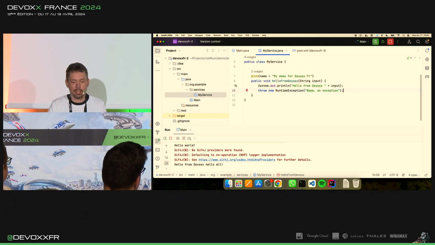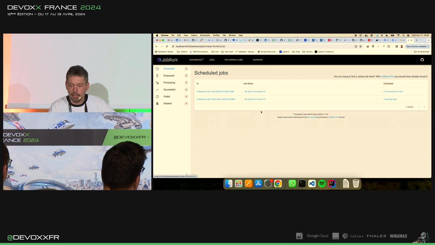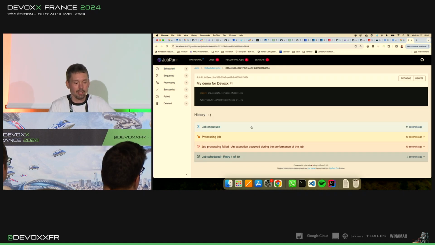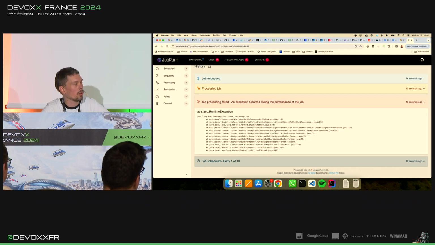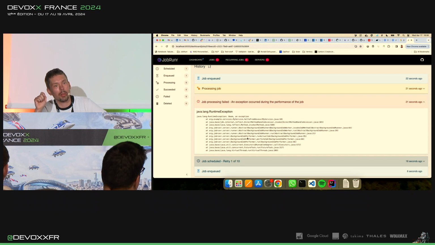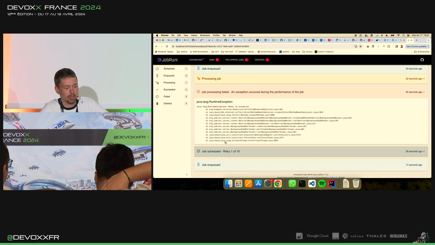And it can be a checked exception or a runtime exception, of course. And if we run that, and we refresh the dashboard, then you will see that this job has failed. And we can see the exact reasons why it's failed. By default, JobRunr will use an exponential backoff policy to retry your job. So what we see, it's scheduled again, retry 1 out of 10, and it's enqueued, and normally